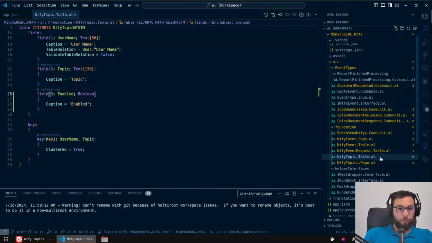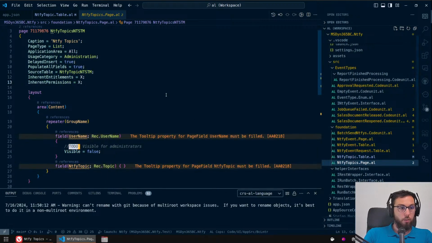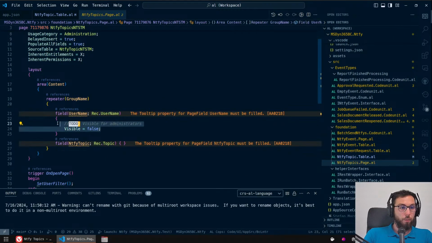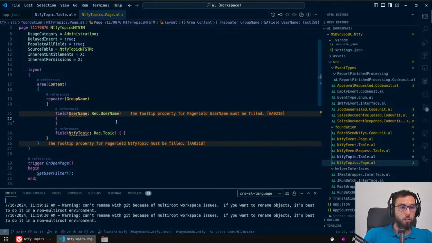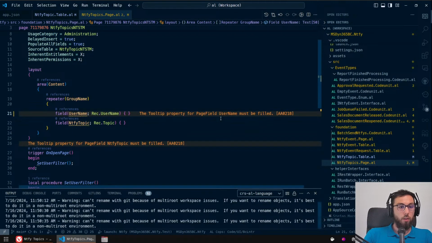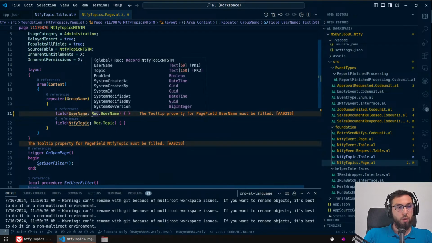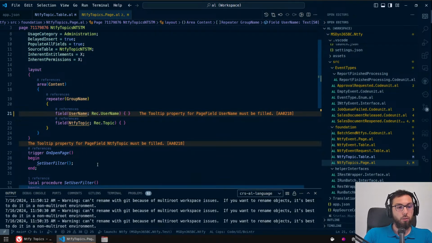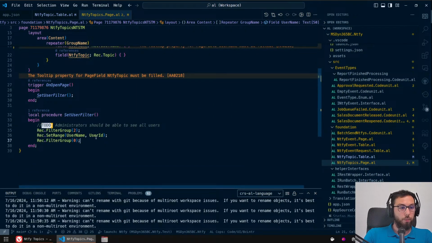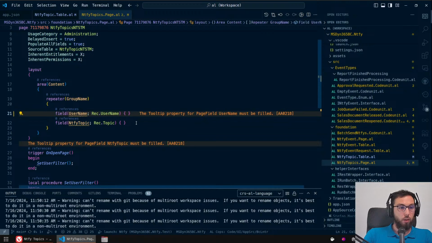And then I need another page. So this is the list page. I don't think that I want to have them invisible, because the idea was that users can only manage their own notifications, and then administrators can manage all users' notifications. So yeah, this stays on. The username can be visible for anyone. And I think I want to have the topic as the first